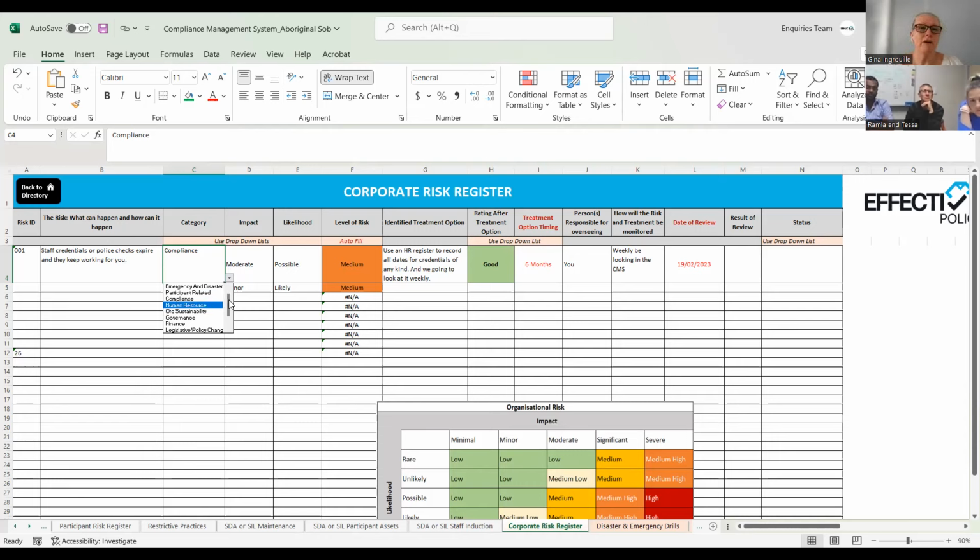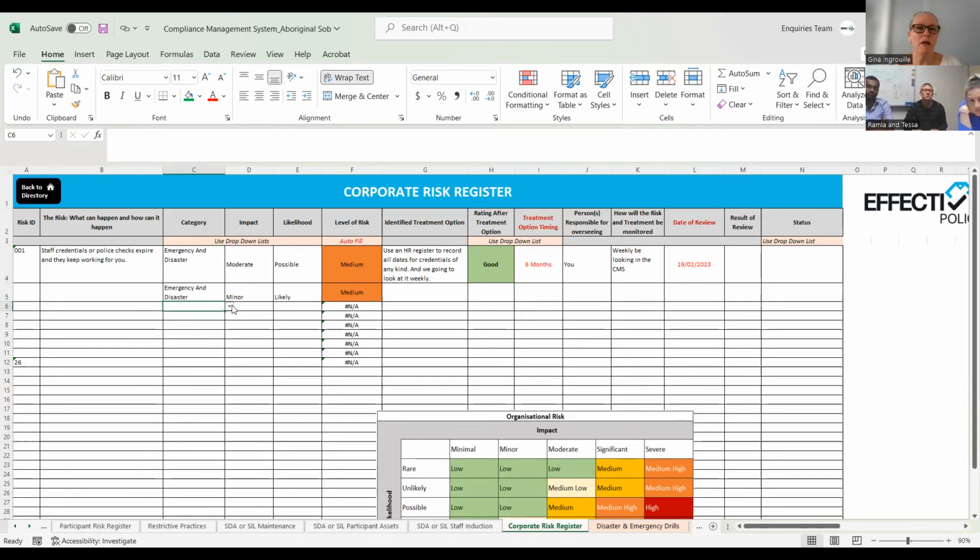So what it requires is emergency and disaster. I always say to people, if you can't do a minimum of 2, there's something wrong, yeah? So find a minimum of 2 here. Participant related, we're not talking about any, and I know you'll know this, but I'll say it just in case. I know you realise this is not an individual risk assessment. This is a corporate level one. Yep. So they're broad risks. So emergency and disaster must be dealt with. And I say a minimum of 2. And if you find more, well done, because that's even better. We must have a couple of participant related